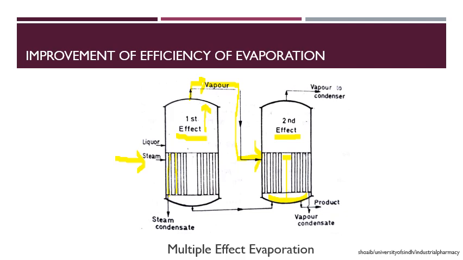So this will decrease the cost of the process, because we don't have to make new steam for it. We are using the heated vapors from the first process in the second process, and this will improve the cost effectiveness of the whole process. Now of course, when the vapors from this first container are produced, there may be less heat as compared to the steam that was coming from here.